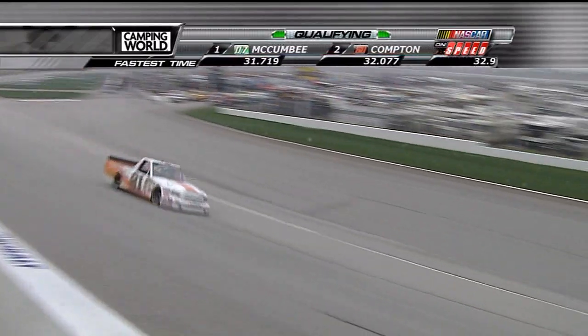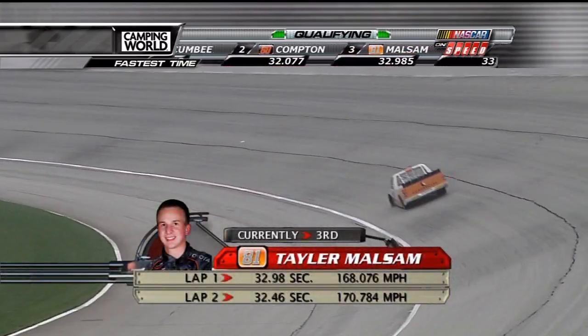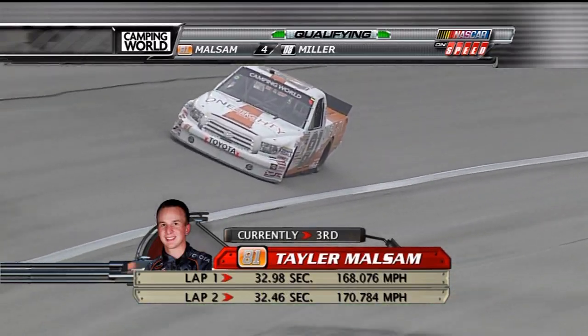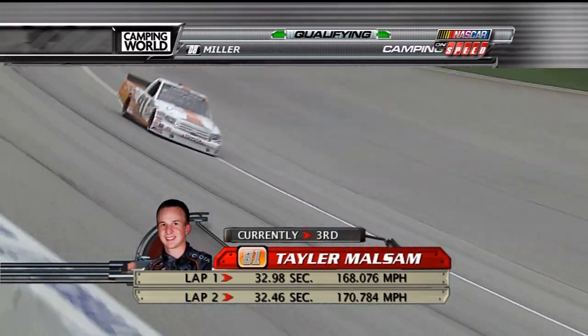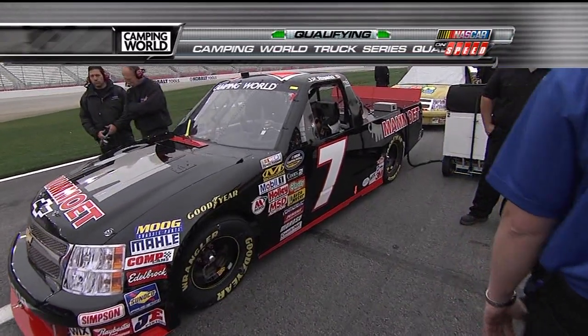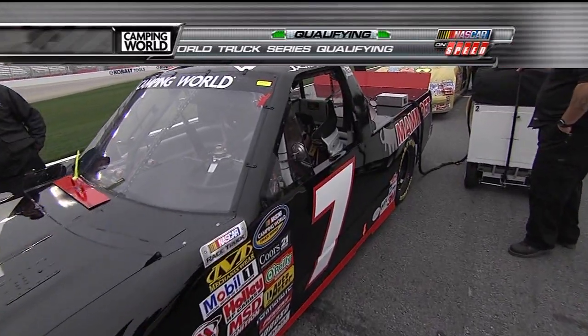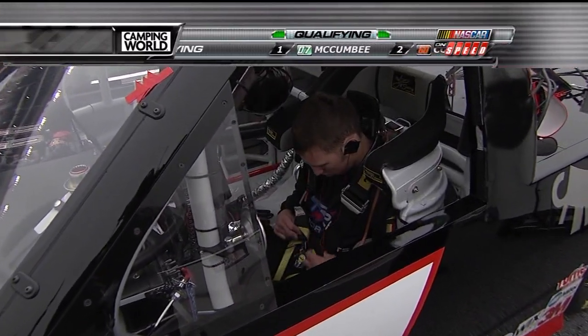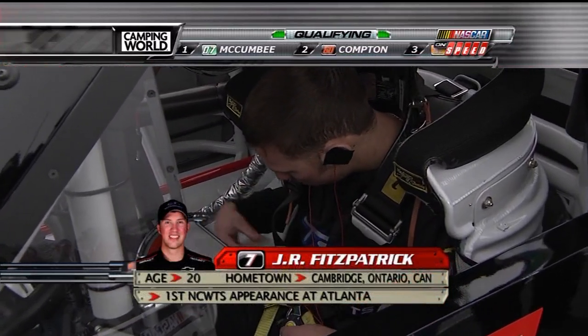Lap 2, Taylor Malsom picks it up a bit, 32.462, and he holds on to 3rd spot. Ray Dunlap. And guys, I'm so impressed with the Rookie of the Year class that we have here in the Camping World Truck Series this year. And on that list, of course, J.R. Fitzpatrick. What an unbelievable finish. 4th place run at Daytona, and we saw that 7 truck